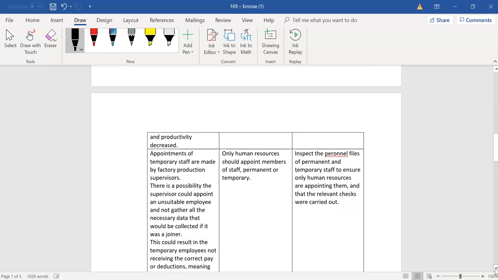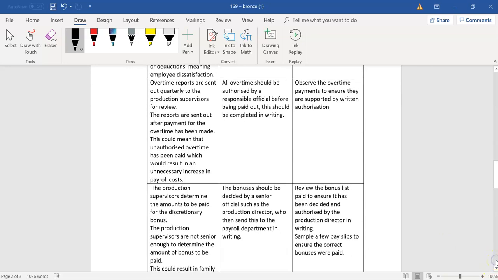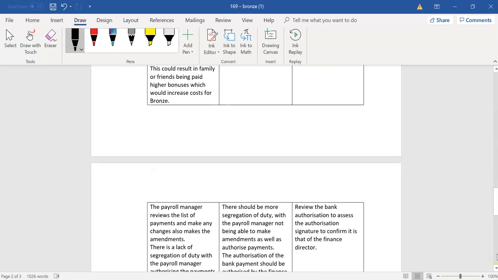This is interesting. The fact that factory production supervisors are able to make these appointments means there must be some kind of review, because you can have people being put onto the system in cahoots with the production supervisors. So you're right again here. You need someone more senior. There must be systems and structures in place, which is what we're really arguing for, and you have all of that here.